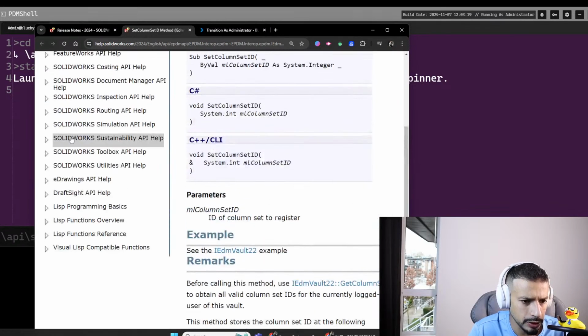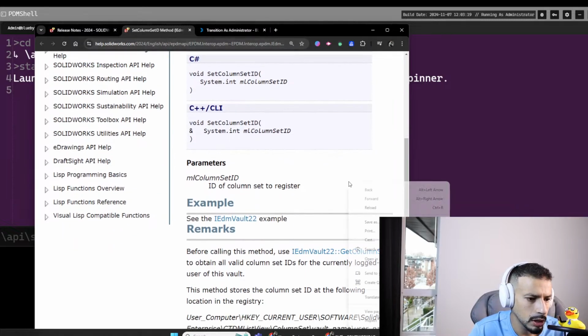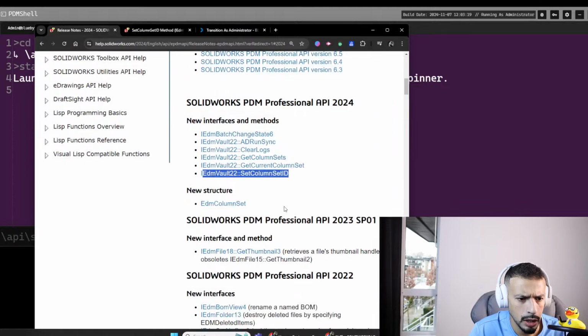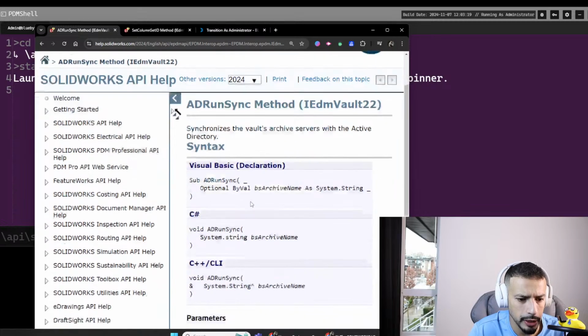So it simply sets the ID of the column set. And then get current column set, get column sets, clear logs, Active Directory run sync. Oh, this could be interesting. Synchronizes the user's archive service with the Active Directory